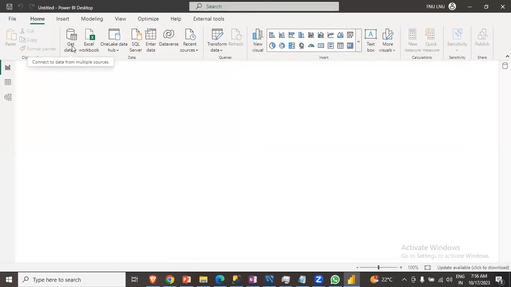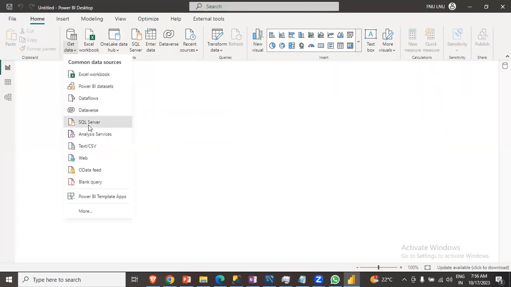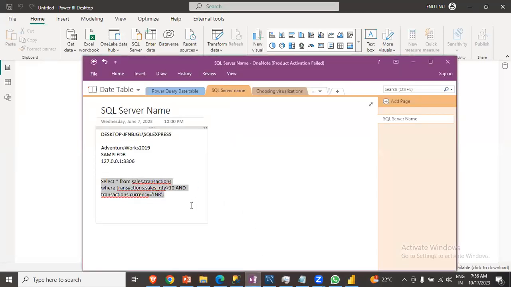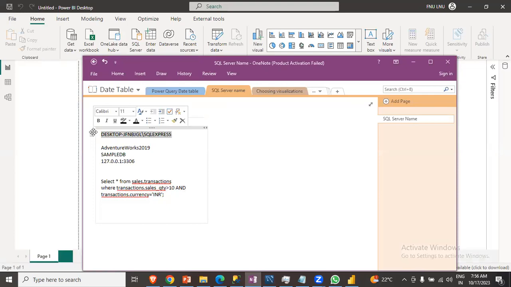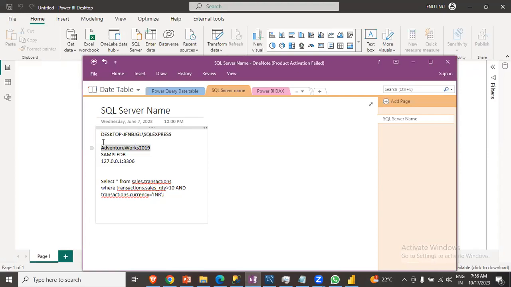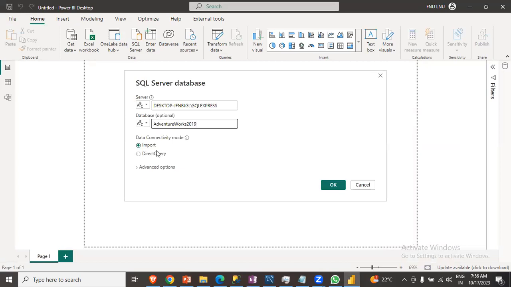Okay, so get data, and again I'll go to SQL Server because SQL Server is supported with direct query. Okay. So once I do that, I need to enter my server name. That is, SQL Server is this. And the database also I'll mention. It's AdventureWorks 2019. And yeah, here I'll choose direct query. Okay. And if I do that,